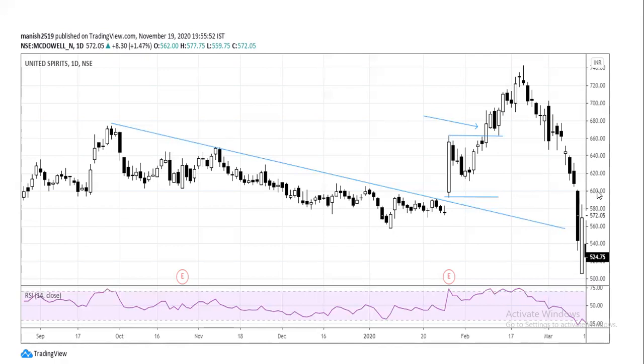On this day, McDowell opened at 600, went up above 660, and finally it closed nearby 660. So this move was exactly from 600 to 660. This was a 10 percent move. 10 percent in a single session is an overextended move. And see, we do not get any follow up after that. So all these candles became baby candles, and this big bullish candle became the master candle. And finally here you can see we got a breakout, and then we got a one-side move. So you can enter on this day, you can design a bull call spread, or you can design a bull put spread.